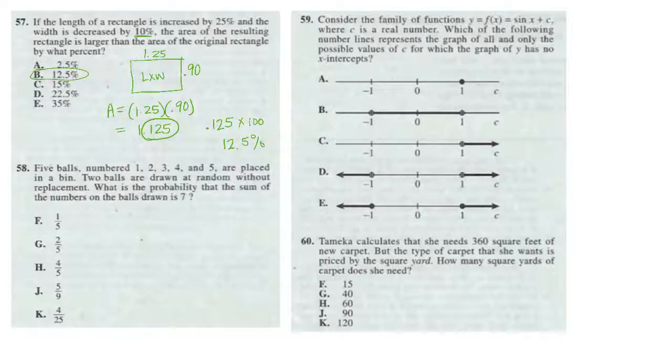Right? So 58, 5 balls are numbered 1 through 5. They're placed into a bin. 2 balls are drawn at random without replacement. What is the probability that the sum of the numbers on the balls drawn is 7? So let's think about, with this list of numbers, how can I get a 7? Well, I can draw a 4 and then a 3. And if that's a possibility, so a 4 and then a 3, that's out of a total of 5